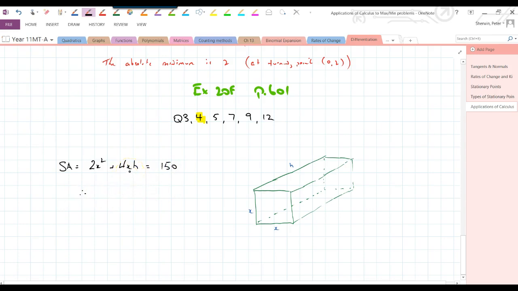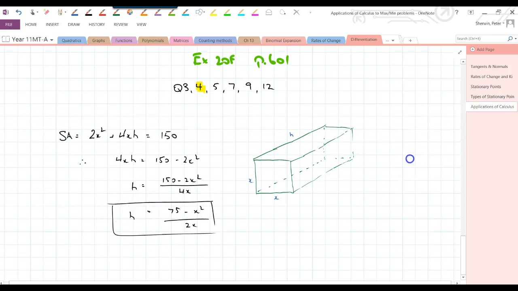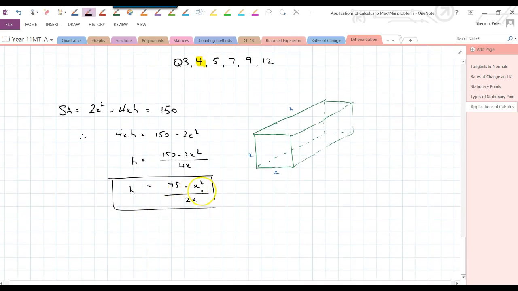And in fact our first task is to make h the subject of this, and you'll see why in a moment. 4xh equals 150 minus 2x squared. Just isolating h now, h equals 150 minus 2x squared over 4x, which we can improve on by dividing by 2 to get 75 minus x squared over 2x. Right, so that's the first part of the task, writing h in terms of x,